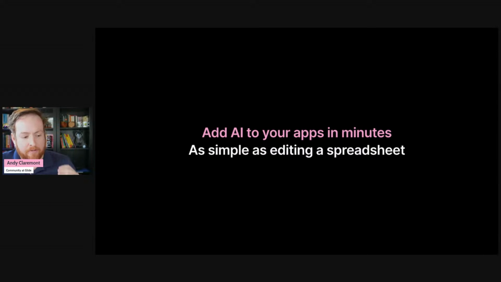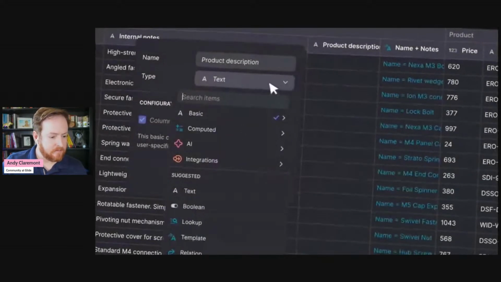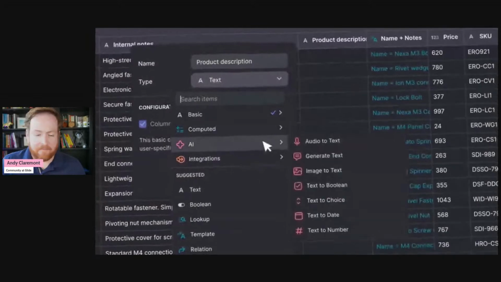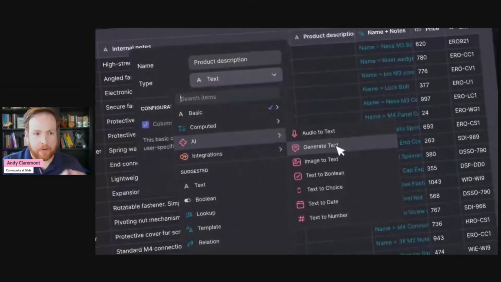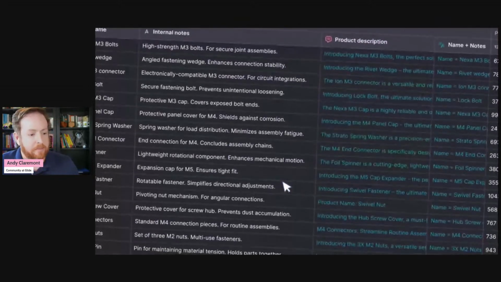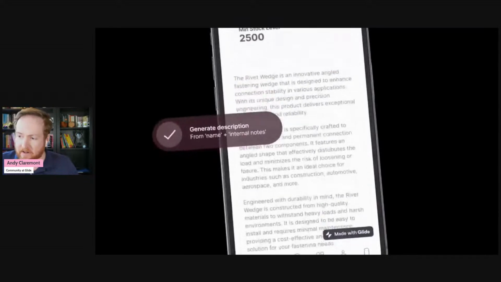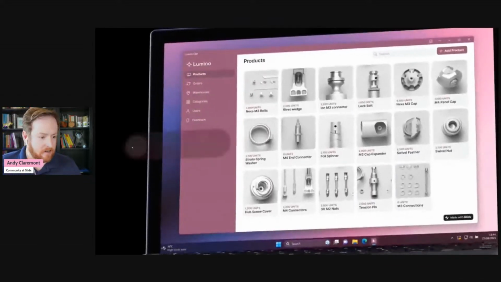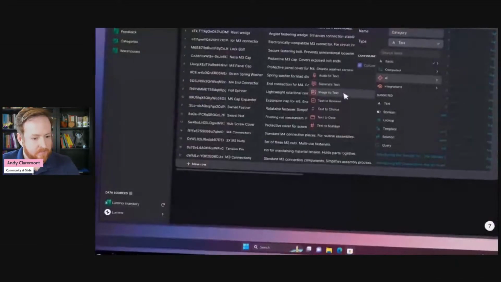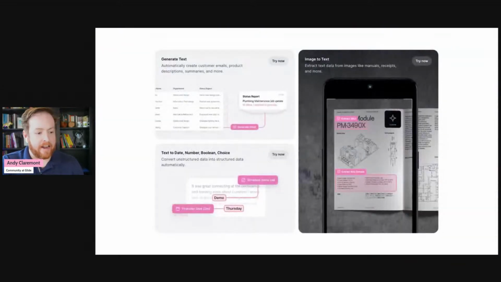With Glide AI, we've made it possible for you to add AI to your apps in minutes, and it's as simple as editing a spreadsheet. With Glide AI, you don't need to deal with configuring APIs, choosing models, or worrying about token usage. You can just focus on building your apps while we handle the complexities behind the scenes. So what can you do with Glide AI?